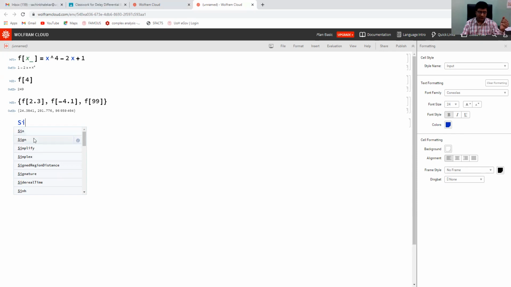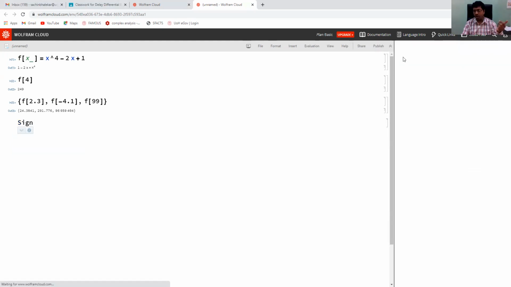If I'm not sure about some command, what to do? Just go to that command. Here you can find the symbol I. Just click that symbol. You will get more information about that command on the right.